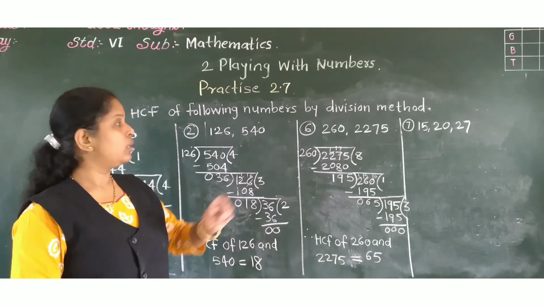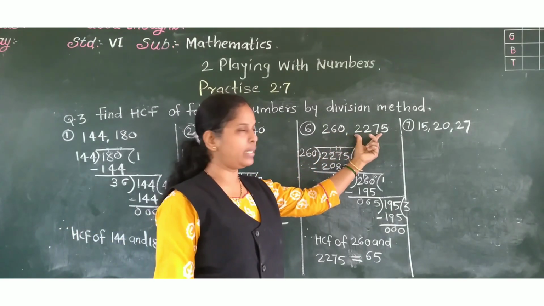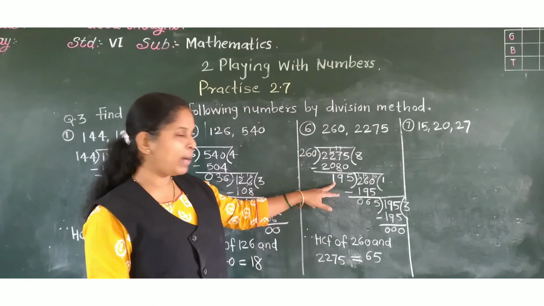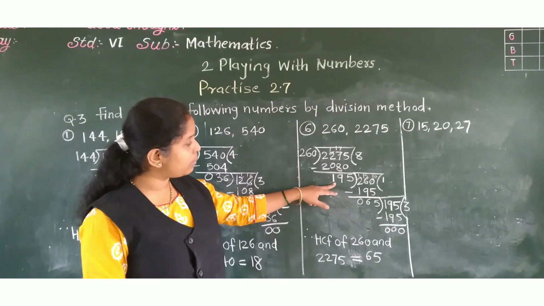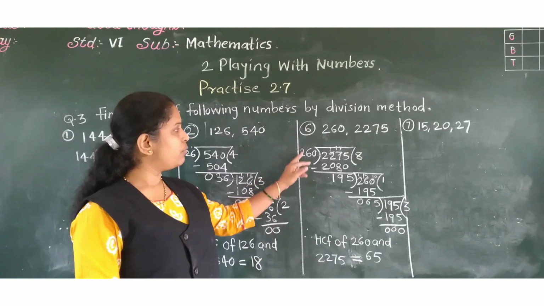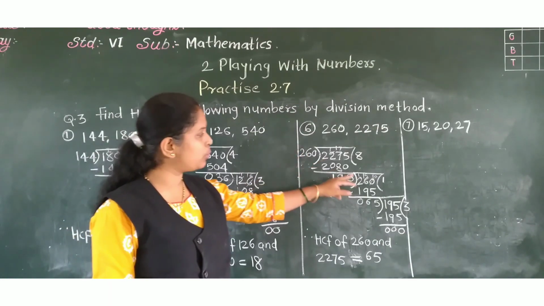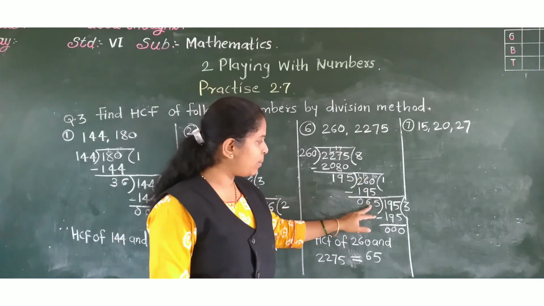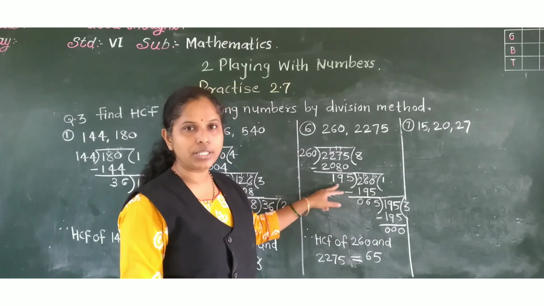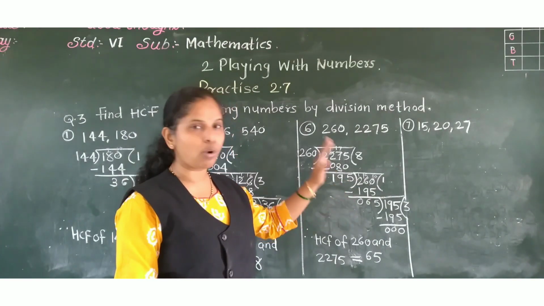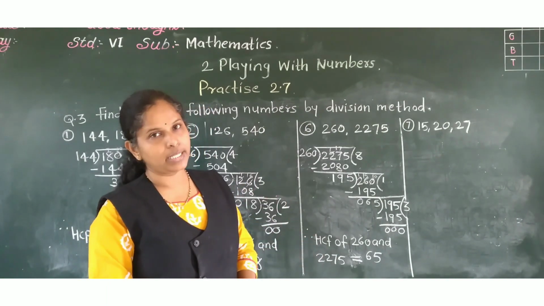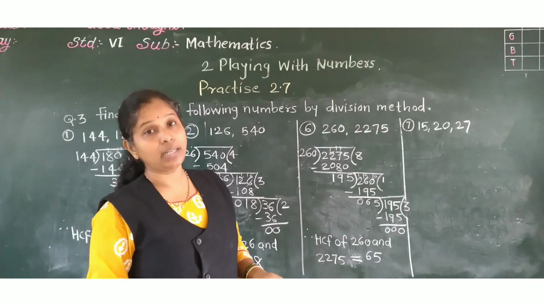See, what you have to do? First, you will have to take greater number, divide it by smaller, and whatever remainder you will get, with that remainder you have to divide the divisor. Here this side which number will be there, to that we have to divide. Again, if remainder is there, then again with this remainder you have to divide this divisor. Like this, till we are not getting 0, till that we have to divide, to find out the HCF.